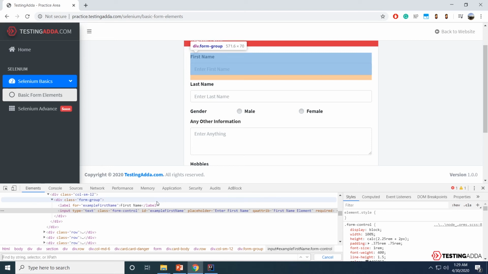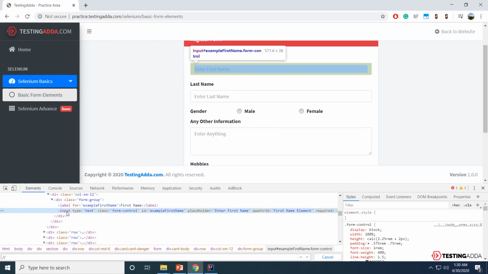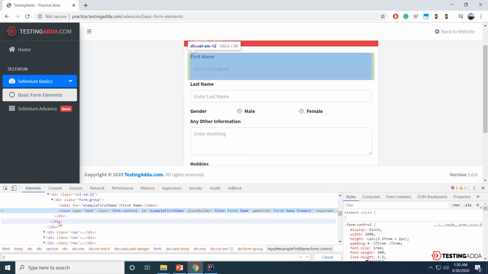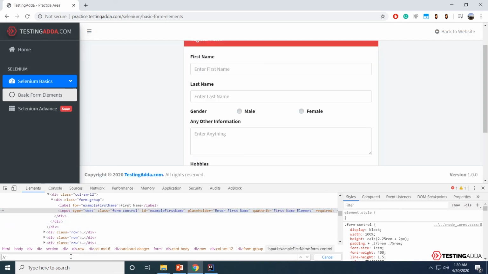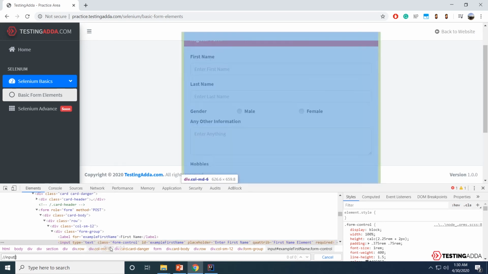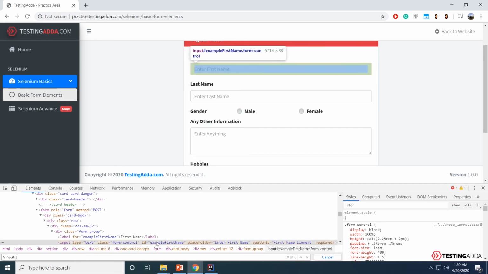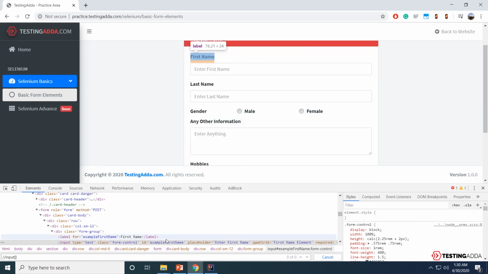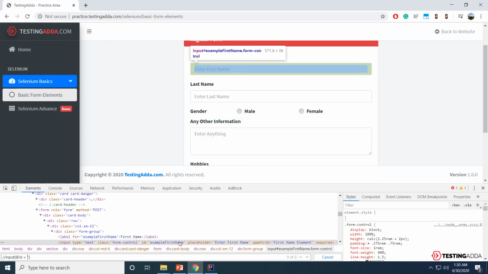We start with double slash, and as this element is an input tag, I'll provide the tag name, so it would be input, square brackets and the identification attribute. In this case it would be ID, so @ID equals, and the value of ID is example first name. I'll paste the value here. You can see it returns one result.